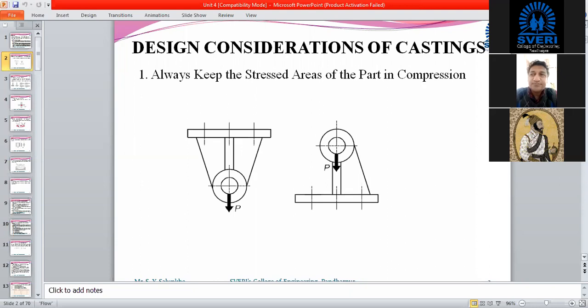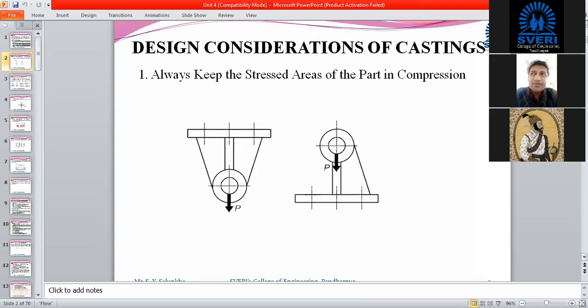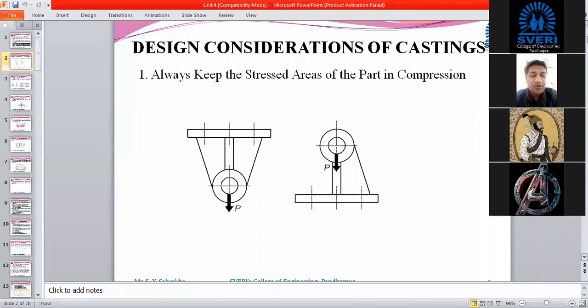Forging. Forging is another process. Next. Casting and forging are mostly or commonly used for metal. Then if we are going to use some materials which do not come under the category of metal, in that case also we can use some other manufacturing process.